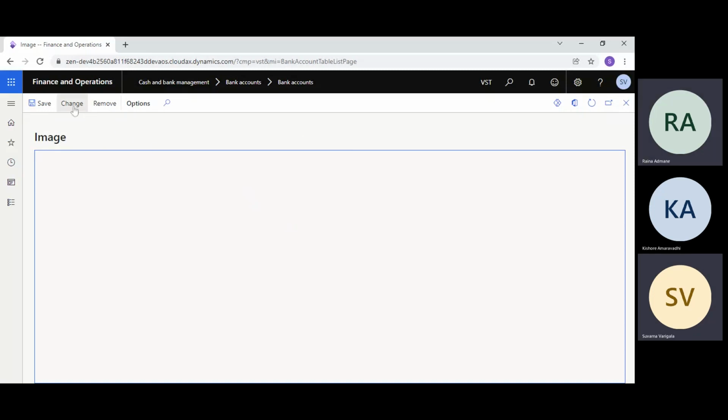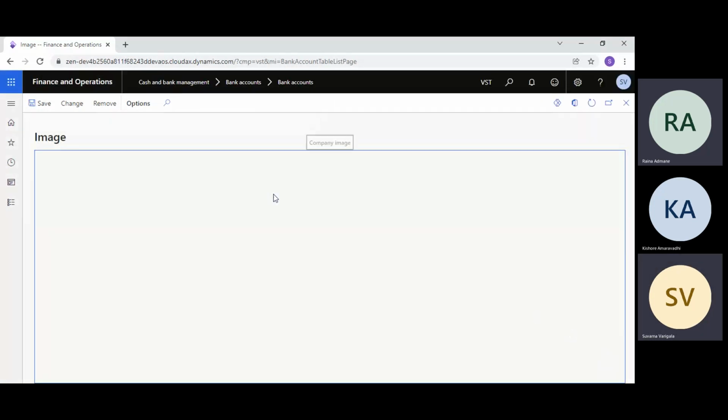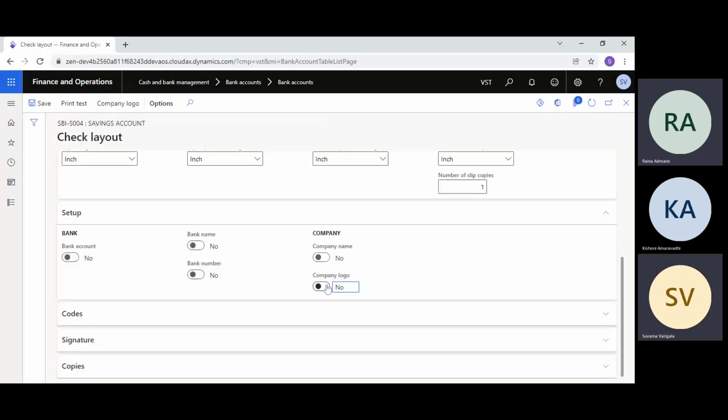You can browse and select one image, which should fit, and accordingly it will display here, and then it will get printed if you select yes over here.